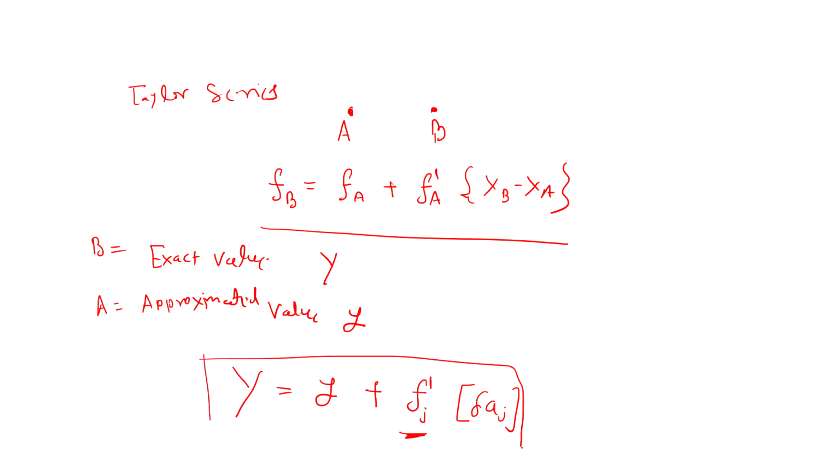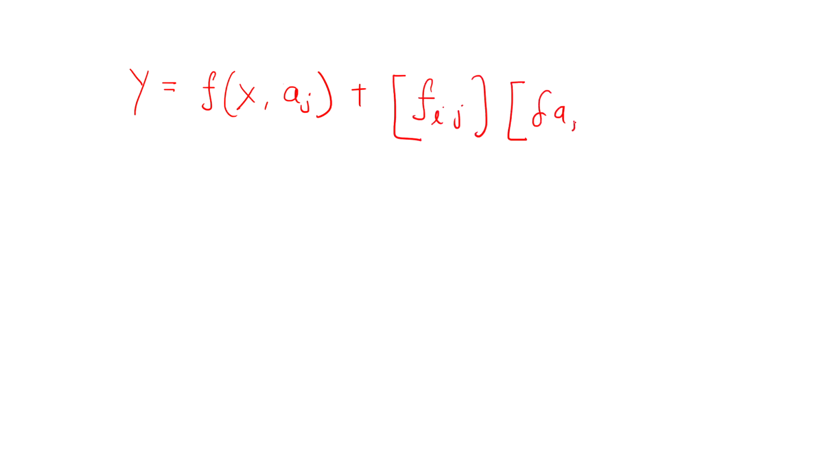So let us explain this in detail. I have the y as f of x comma aj plus f of i comma j delta aj,